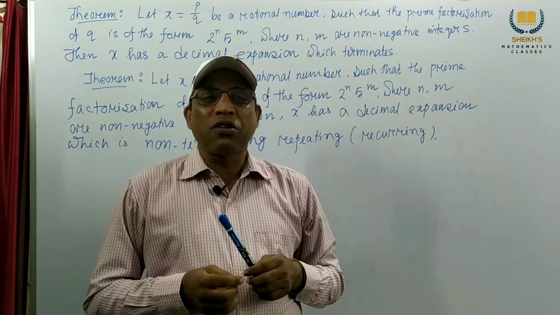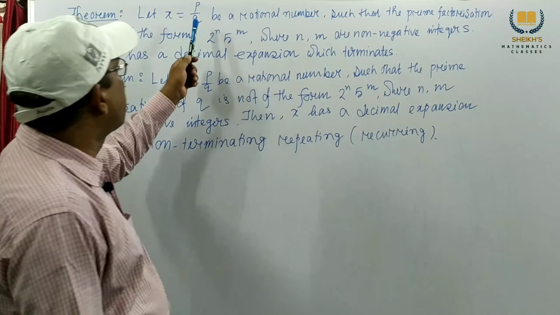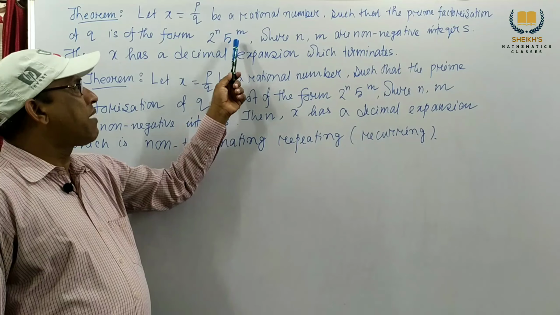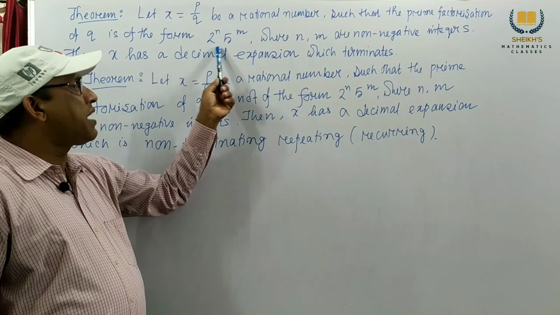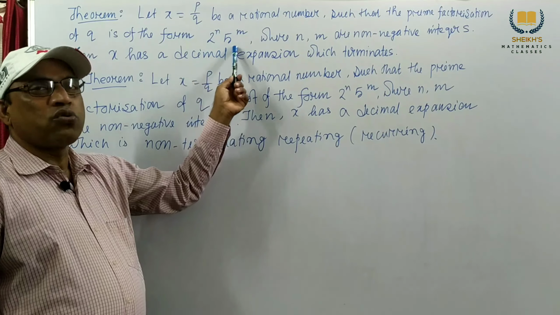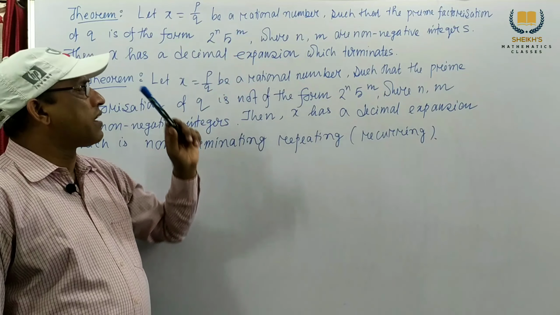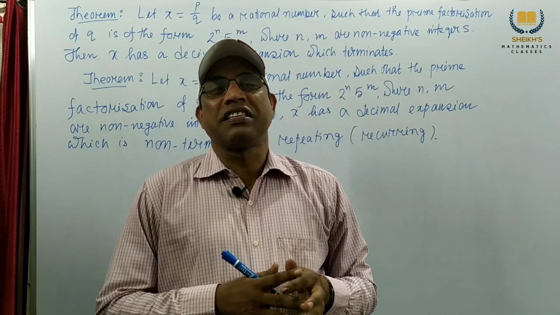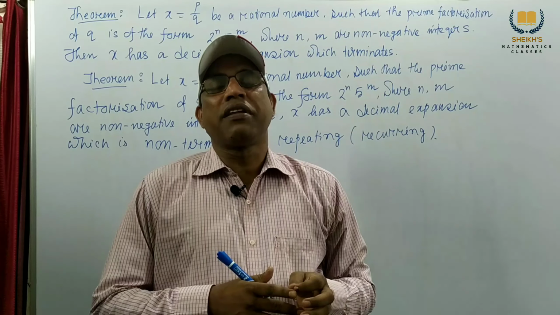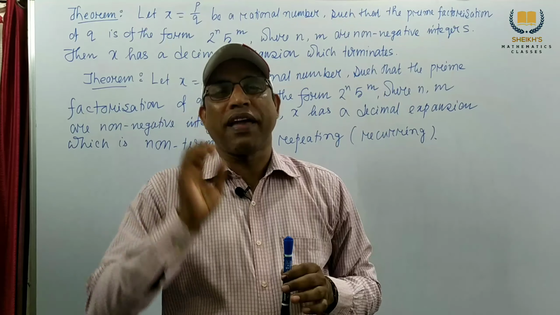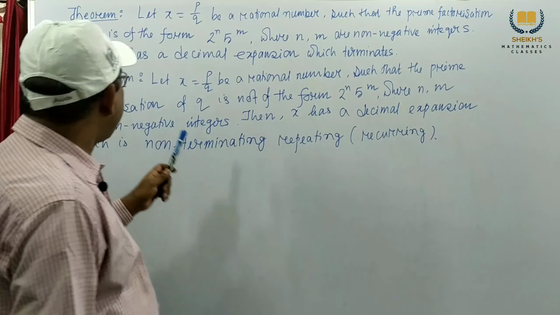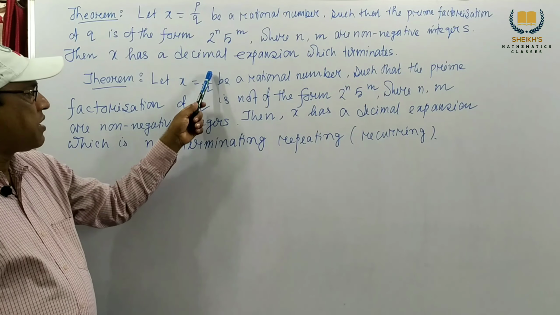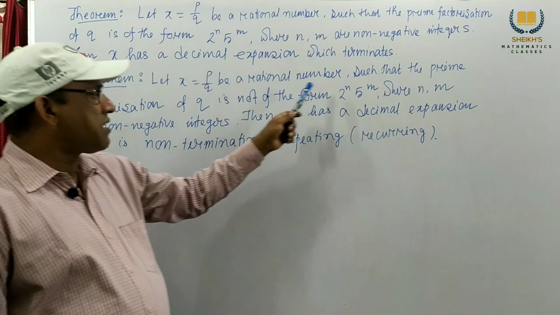Any rational number whose denominator q is in the form of 2 to the power n, 5 to the power m, this number is terminating. This decimal number is a terminating decimal number. We have an ending digit. And the next theorem: let x equal to p by q be a rational number such